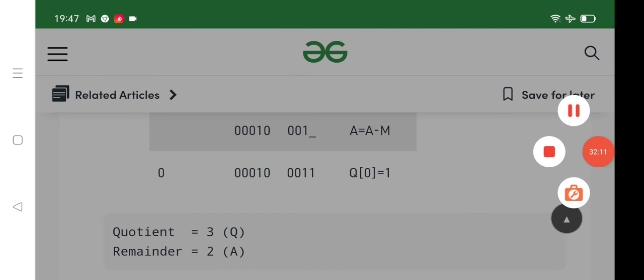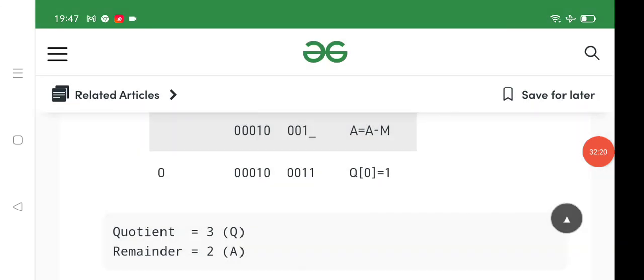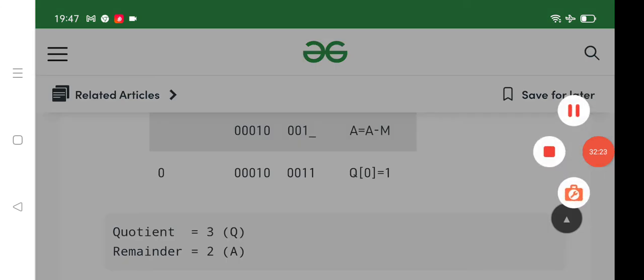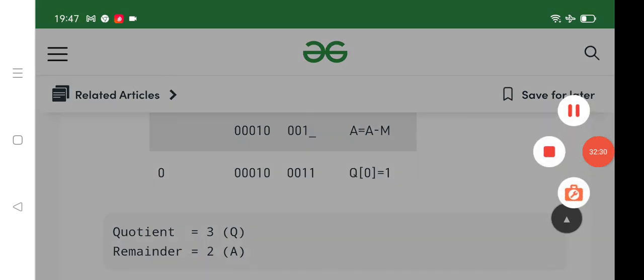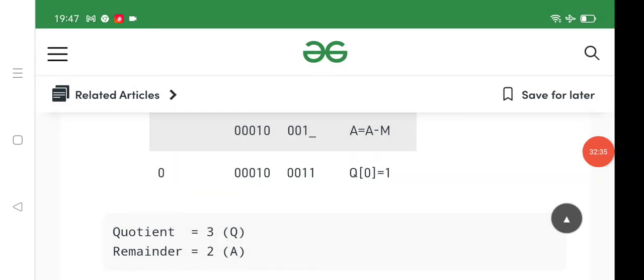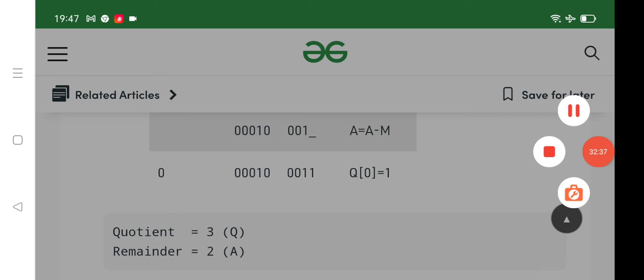If you have any doubts in the restoring and non-restoring algorithms, please contact me. I will explain again. Thank you for today's session. With today's class, we have ended our unit 1. We will start the second unit in the next class. In the first unit we had problems based on the algorithms. From the second unit, we will study the internal structure and architecture of the CPU. Thanks a lot.